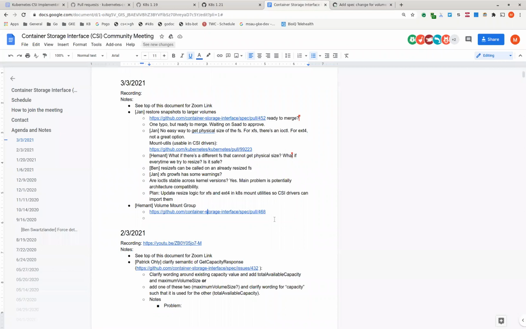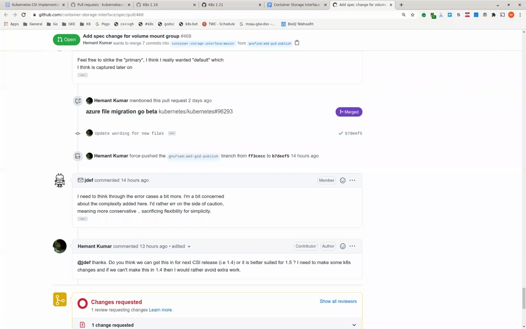It does seem to fulfill what we want for Azure file and CIFS mounts. So I included that wording back, like what James suggested in the spec, and I think he hadn't had any concerns. I kind of went back on that, and I thought, okay, fine. I just put it there, and I think in future if there are volume drivers that can support